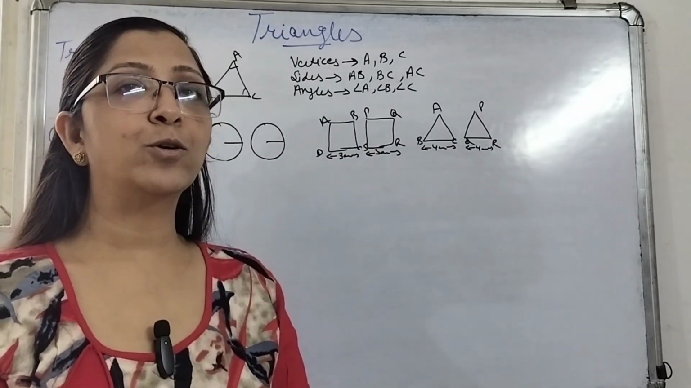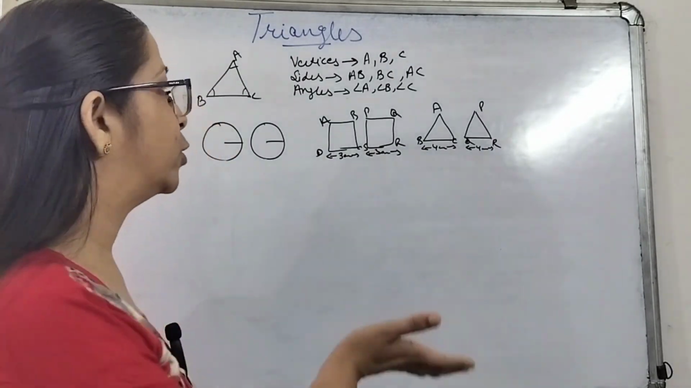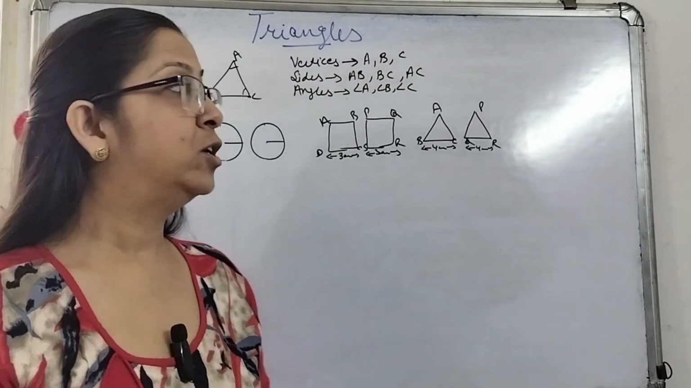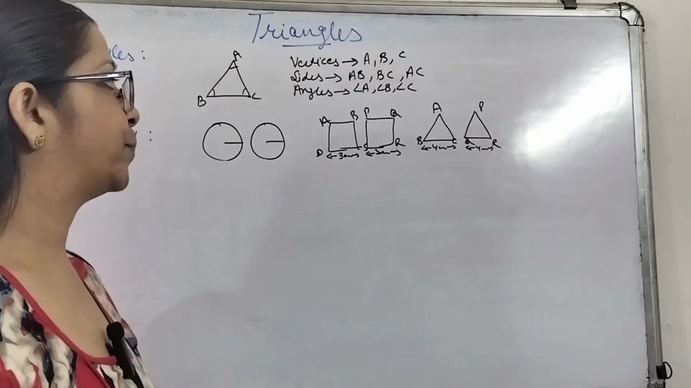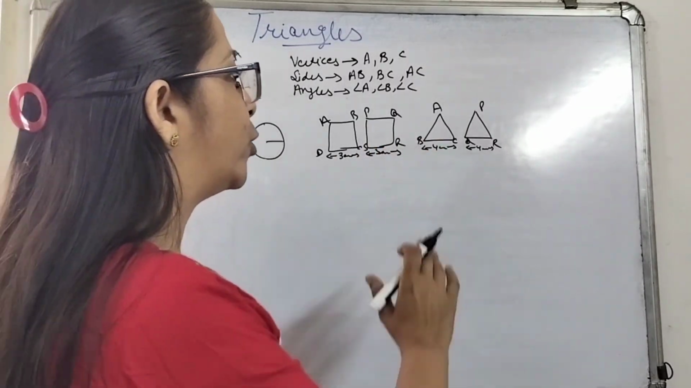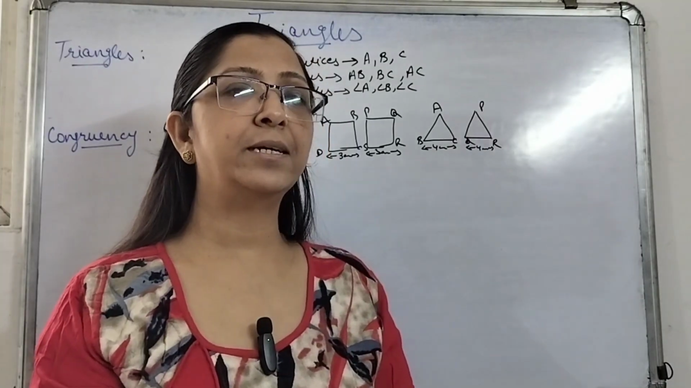And if they are congruent and we keep one over the other, they will be exactly overlapping each other. So this is what congruency is. Now, if we are going to talk about congruency of triangles, what it means is